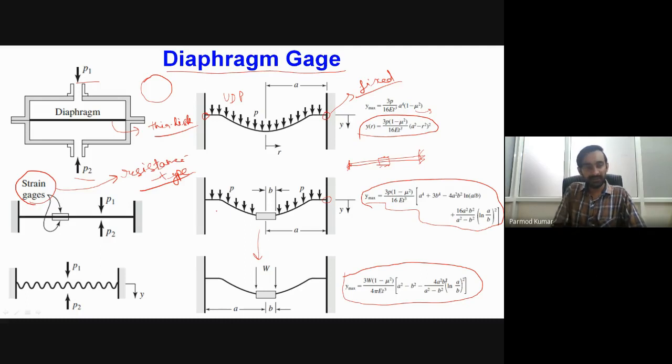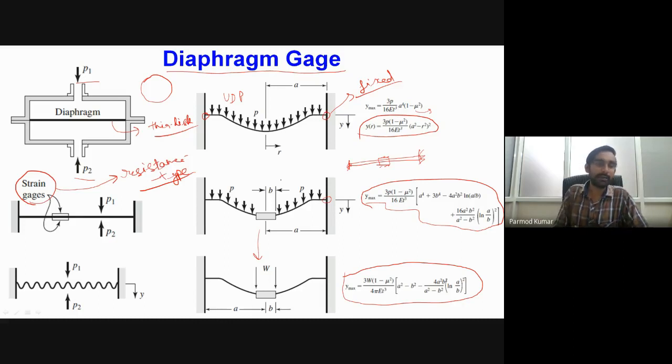Okay, so this is one representation shown over here, where your strain gauge is fitted over the diaphragm. When there is certain deformation of the diaphragm, obviously there will be formation of some localized strain, and whatever localized strain comes can be measured using a resistance type strain gauge. How it can be measured, we will see in the further slides.